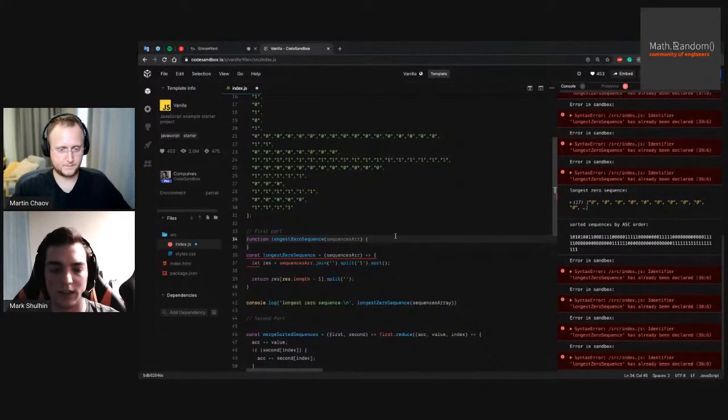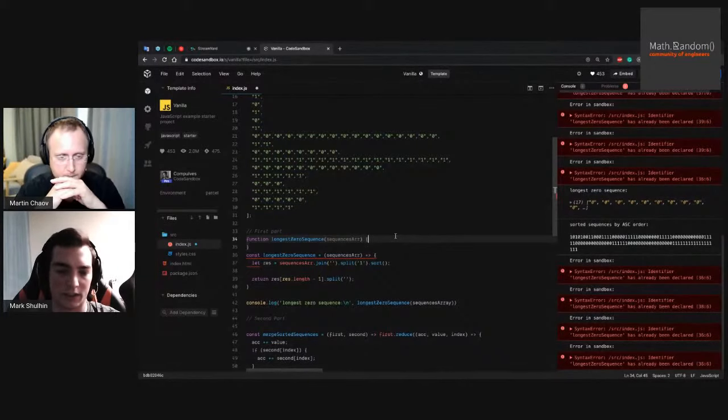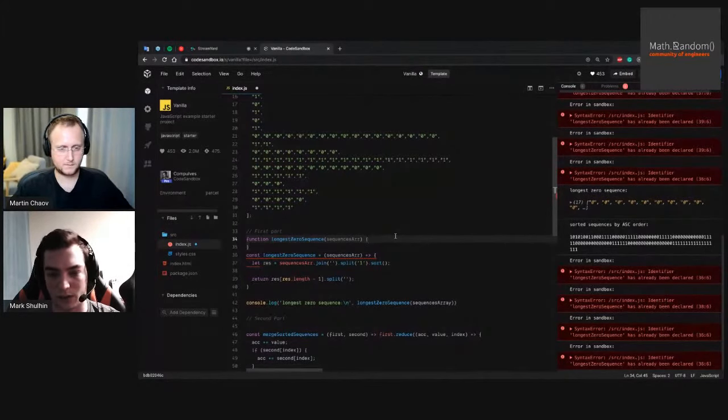Okay. In an arrow function, however, bind, call, and apply will not affect it in any way because they will not change the initial context of your arrow function. Yeah, that's true. Okay, so I think we can move to the second part of the task, which was to